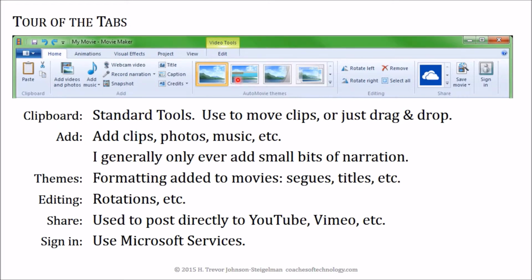There are themes that you can add. These are kind of whiz-bang things that you could do. I haven't found them to be very helpful. If you need to rotate your video or do something strange like that, you can do it over here with editing. And over here, you can save your movie, or you can actually share it with Vimeo or YouTube or some other type of